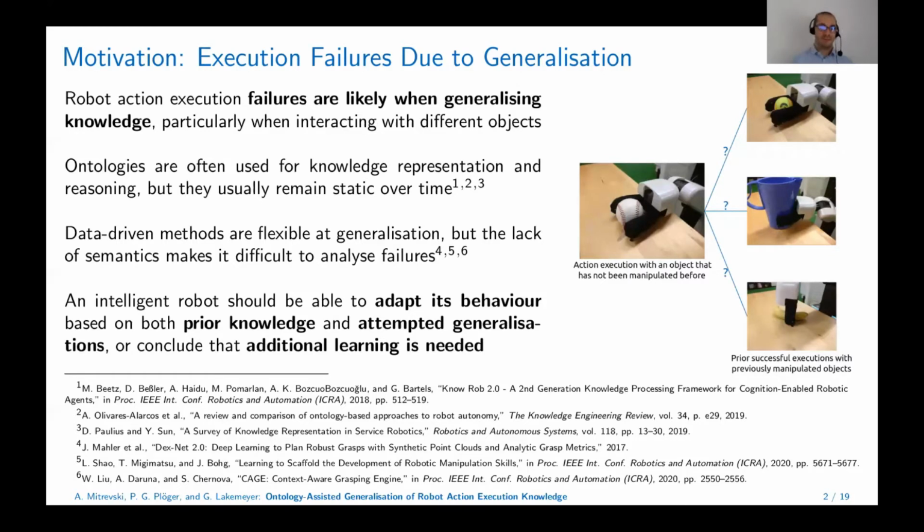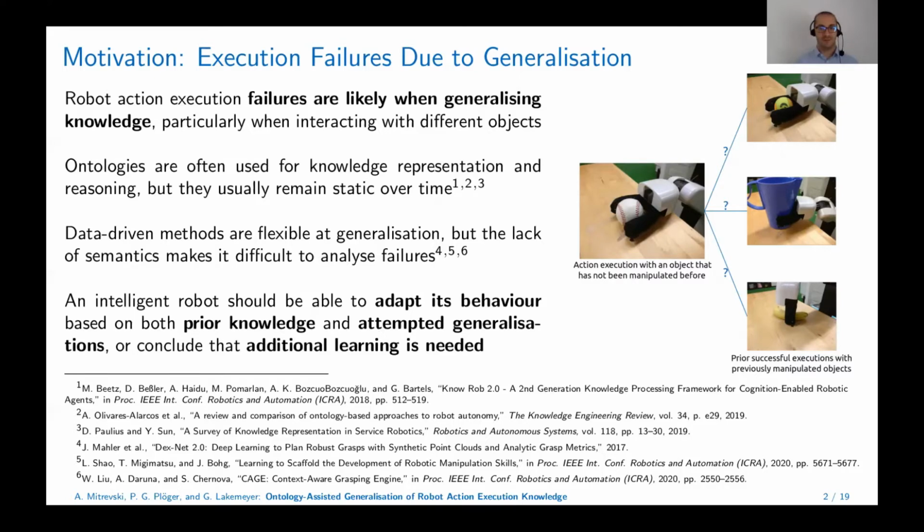We believe that an intelligent generalization strategy would be somewhere in between these two seemingly distinct paradigms. Namely, a robot should be able to utilize both prior knowledge and its own experiences in order to guide its generalization, but should also be able to realize that its current knowledge is sometimes insufficient and additional learning is required